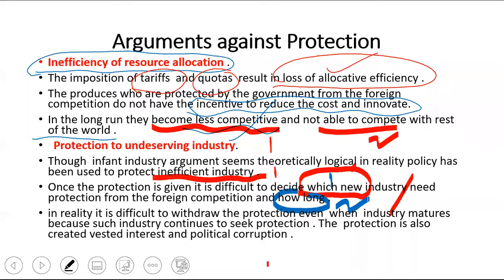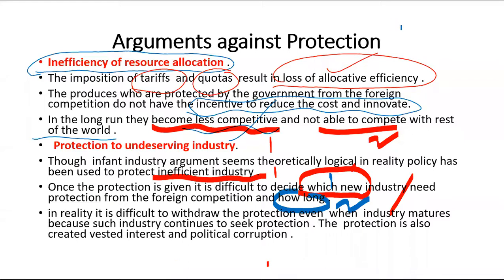One is, which is the industry which requires protection. Second is how long the protection should be given. Because once the protection is given, it is very difficult to withdraw. I told you, a mother gives everything in your hand, and later when she withdraws it, saying earn on your own, manage on your own, you find it very difficult because you are not habituated to that. A similar story is with protection also, because once the protection is withdrawn, it becomes a political issue.